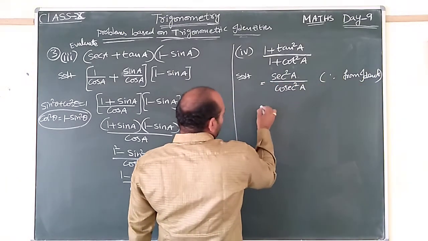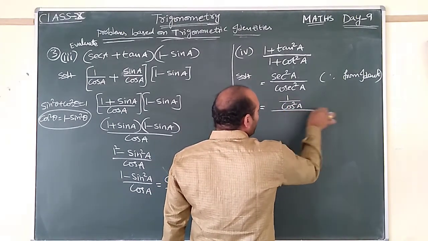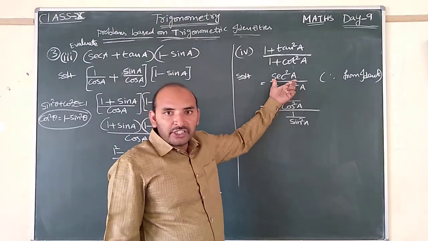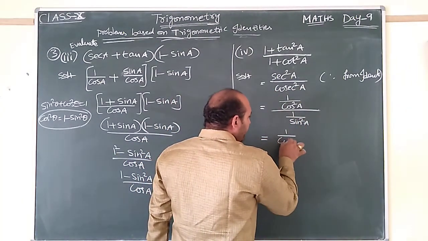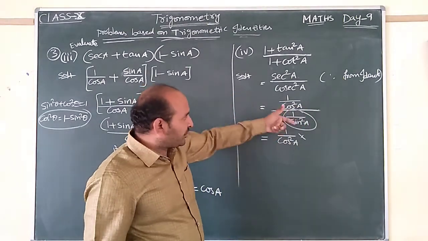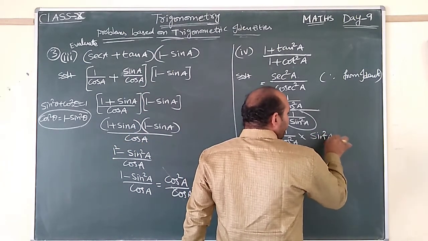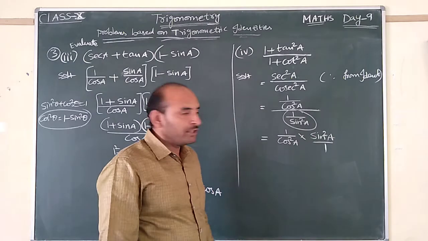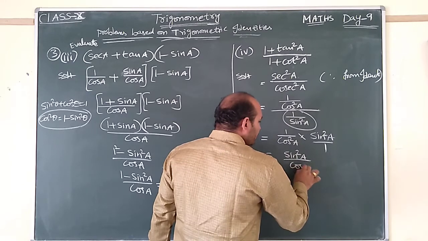So now this is equal to secant square A, how can you write it? 1 divided by cos square A upon cosecant square A, 1 divided by sin square A. Secant is nothing but the reciprocal of cos, and cosecant is nothing but the reciprocal of sin. So now this is equal to 1 divided by cos square A into, since the denominator is in the form of a fraction 1 divided by sin square A, that will be the reciprocal, sin square A divided by 1. Numerator into denominator must be reciprocal, sin square A into 1. So now this is equal to sin square A divided by cos square A.